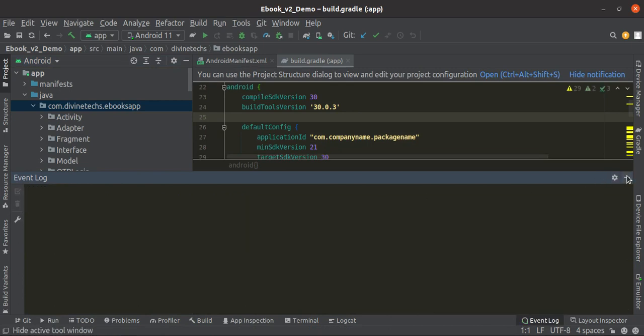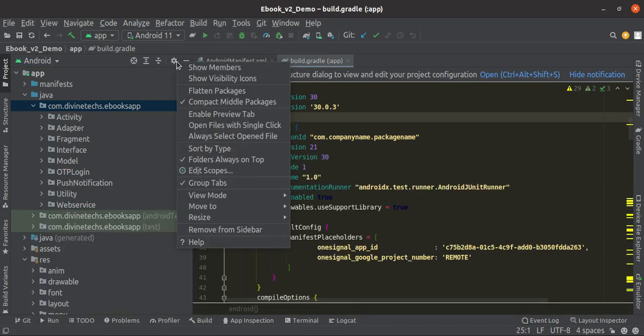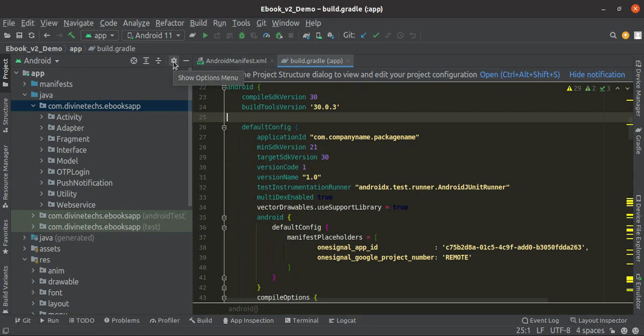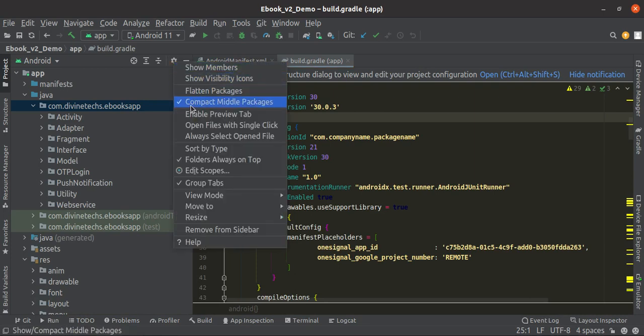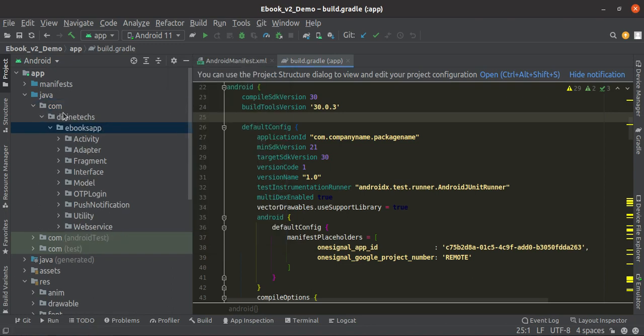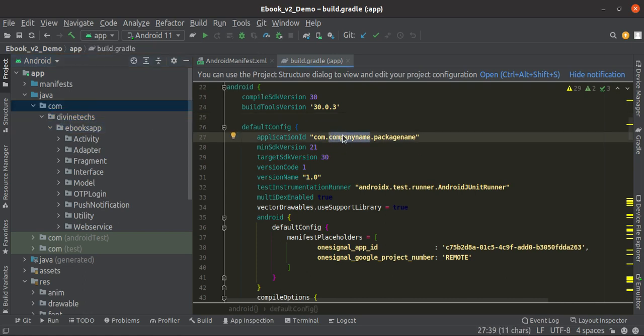Keep it in mind. Open this option menu, compact middle packages, and just untick it. After unticking this, you can see that every directory is shown in different rows.